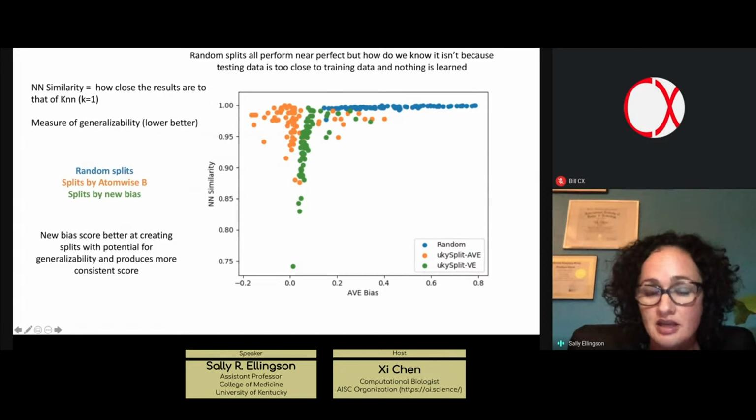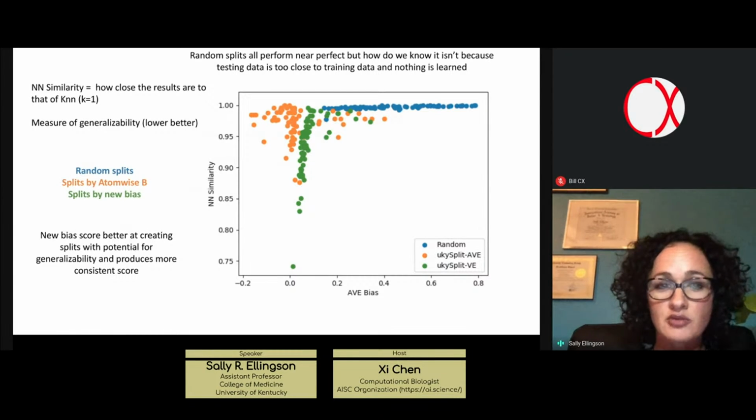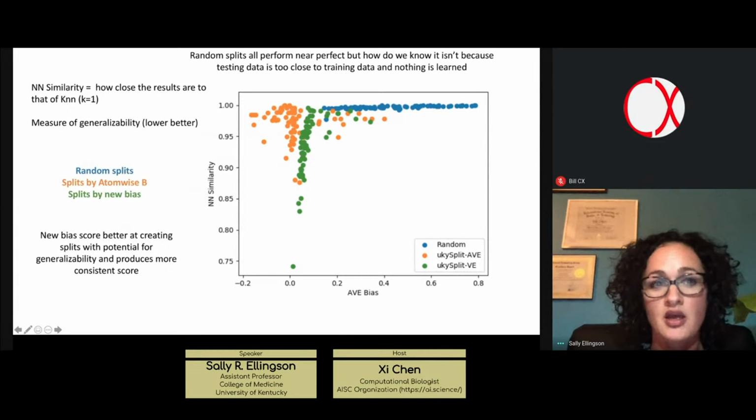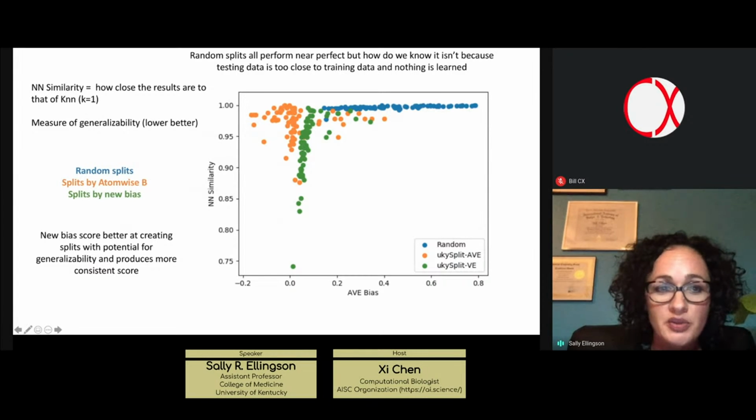And so the x-axis is our bias, and the y-axis is something that we came up with for this study called nearest neighbor similarity. So this is the similarity with 0 least similar, 1 the most similar, of having the same results as a nearest neighbor result with k equals 1 as a measure of generalizability. And with that, that means that the lower the score, the less it's like the nearest neighbor model, and potentially more generalizable it could be. And so what we can see here